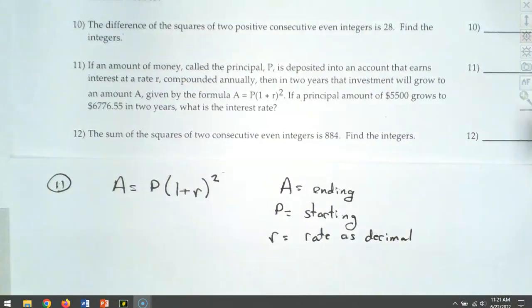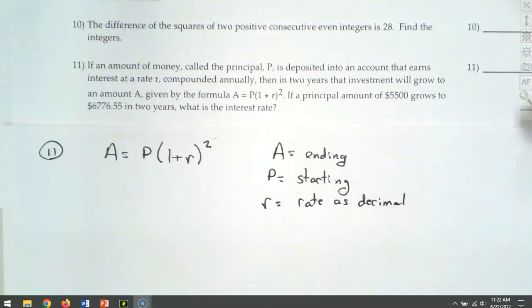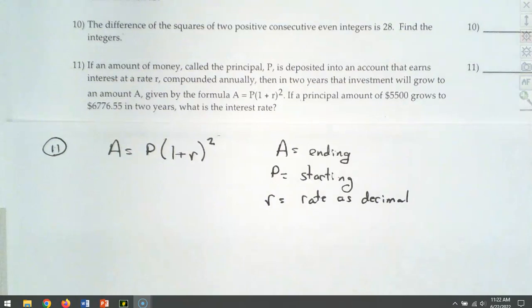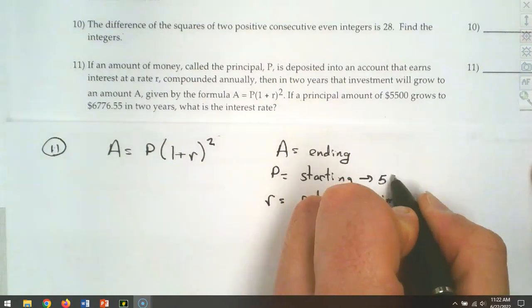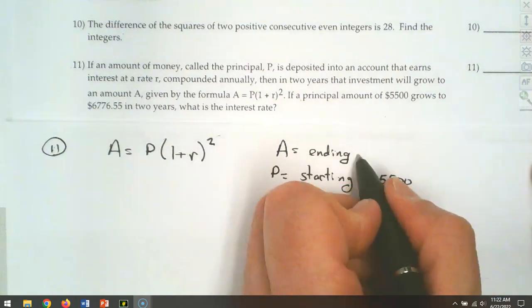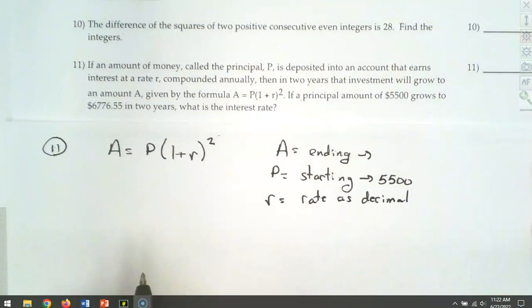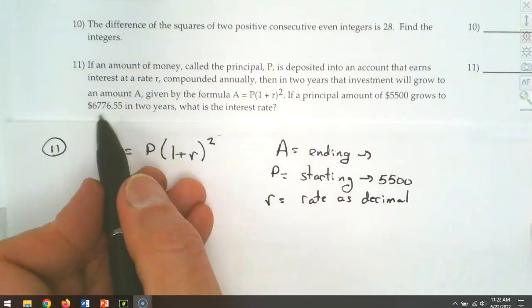Okay, so what's going to go where? What is the 5,500? Is that the A or the P? P. That's your starting one. So we're going to plug in a 5,500 for the P. How much do I end with? How much money do I have at the end? That's going to be this